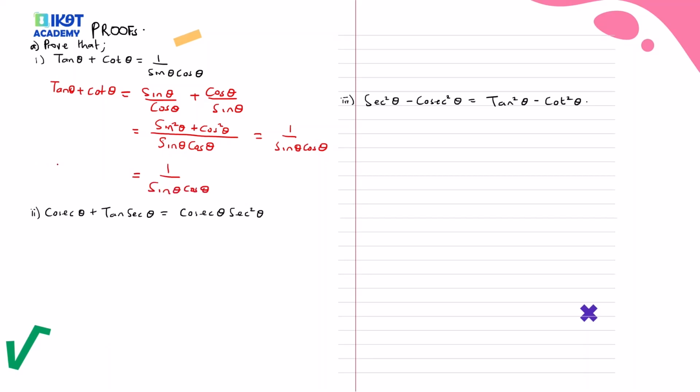So we can now just rewrite tan theta plus cot theta. So you see how we wrote this, then at the end we have what is required of us. Then here we have a cosec